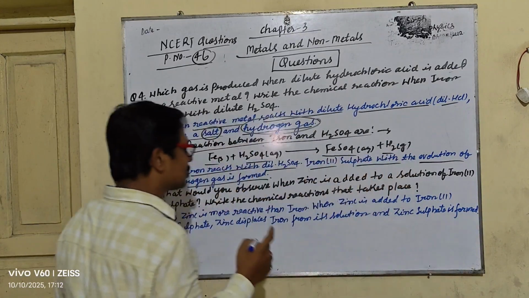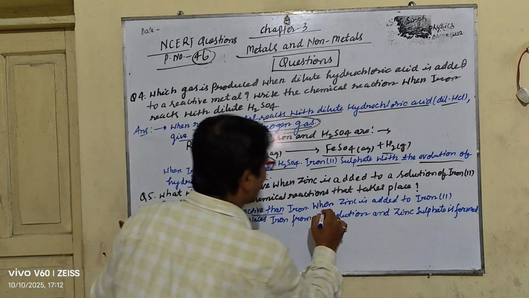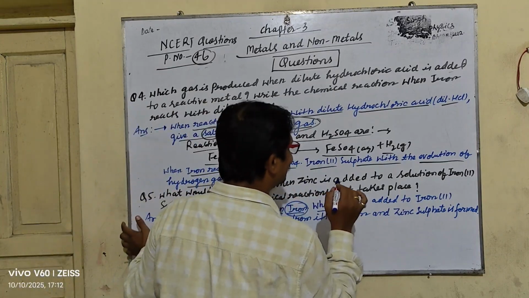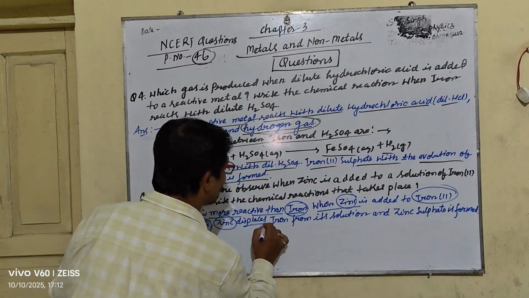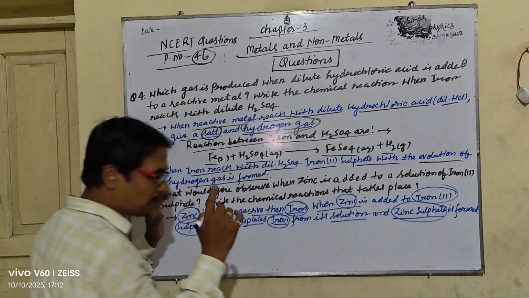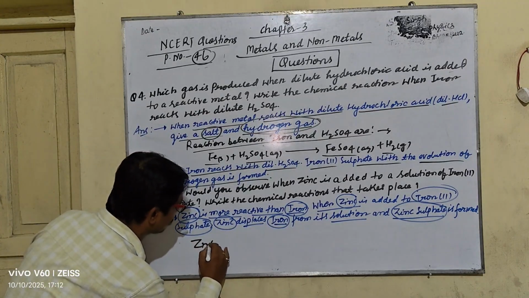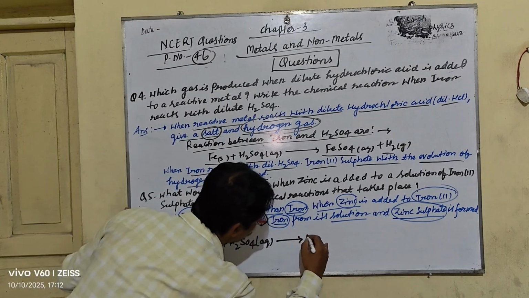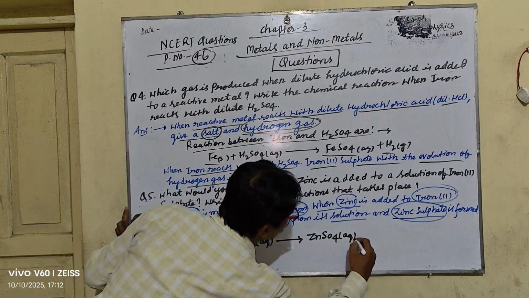So my dear student, it is quite clear: zinc is more reactive than iron. So when zinc is added to iron 2 sulfate, zinc displaces iron from its solution and zinc sulfate is going to be formed. The reaction is zinc plus H2SO4 in the aqueous form, it is going to be zinc sulfate aqueous plus H2